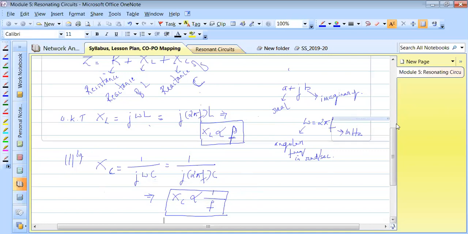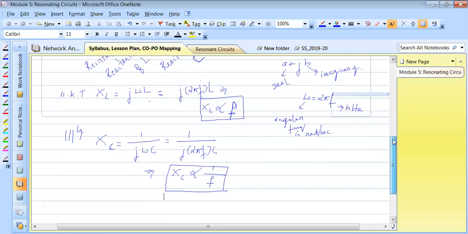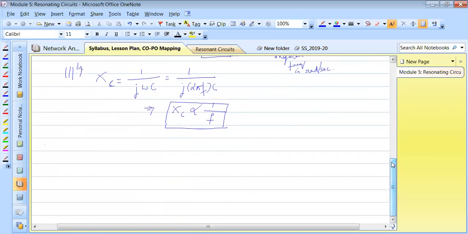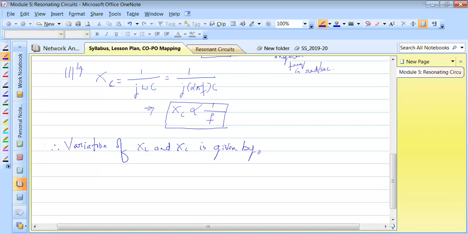So there are variations with frequency. Therefore, the variation of XL and XC is given by